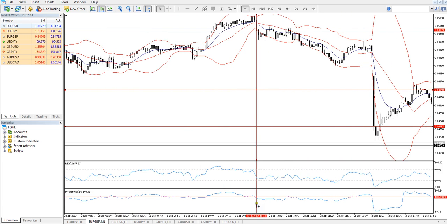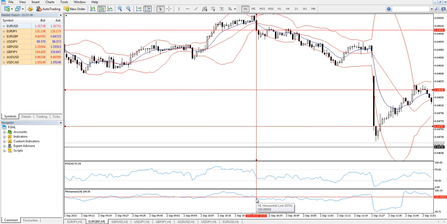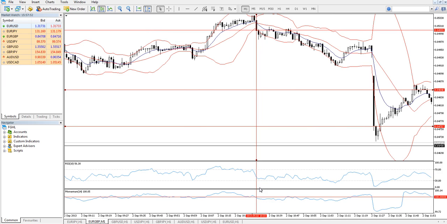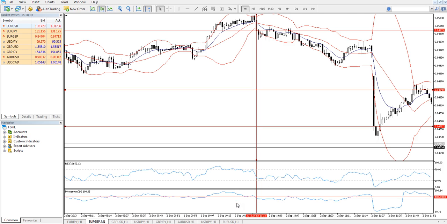It's always good to have a reading below 100. If the reading is below 100, you're looking into a downtrend. If the reading is above 100, you're looking into an uptrend. But this is just the final piece of the puzzle. It's not 100% important, but if you do have it, we would recommend that you use it. But if you don't, you can quite happily use stochastics and look for the break of stochastics